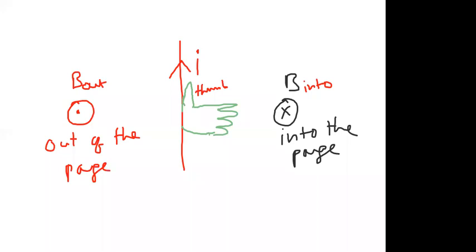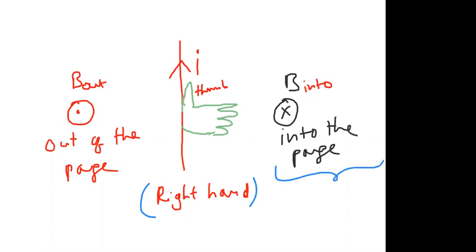So I hope you are clear. You place your right hand thumb. Only use right hand thumb. We are using only the right hand. If you use the left hand, again our answers will become wrong, beta. So magnetic field is into the page. So what happens when you place the right hand thumb in the direction of current: in this situation, on the right side of you, you are finding the magnetic field inside, and on the left side of you, you are finding the magnetic field outside. So current is flowing in this direction, you kept the right hand thumb. This is the situation. Now let us see one more situation.